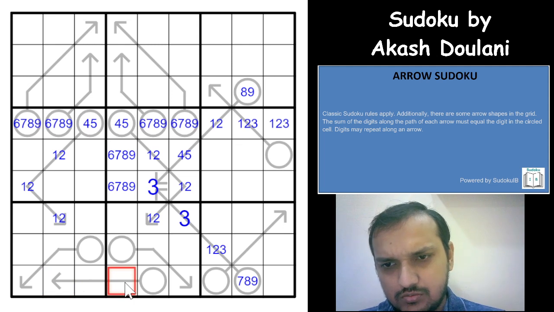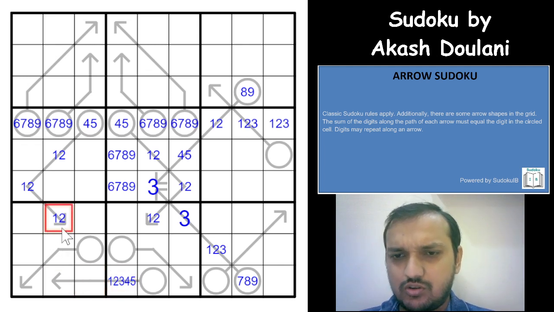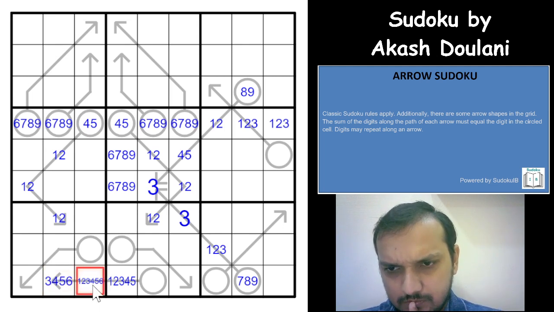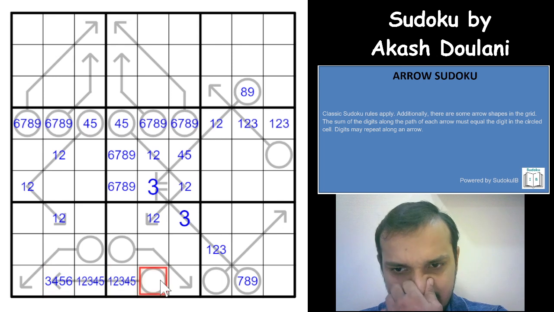What can I get here? 1 2 3 4 5 6 is not possible, because if I get a 6 here, both of these would be 1 2, and this is then a contradiction. You have a contradiction here. Okay, 3 4 5 and a 6. 1 2 3 4 5 and a 6. No, 6 is not possible here. If I have a 6 here, this would be 3, and that is a 1, that gives you a 10 here. Okay,